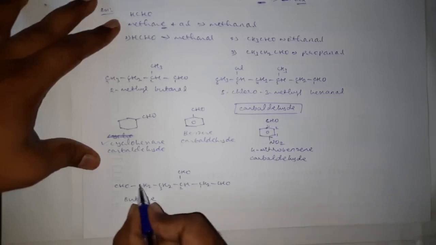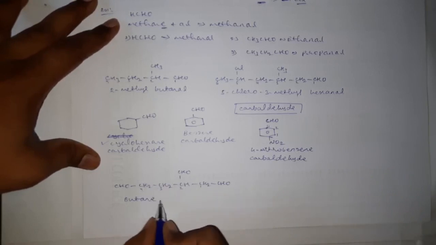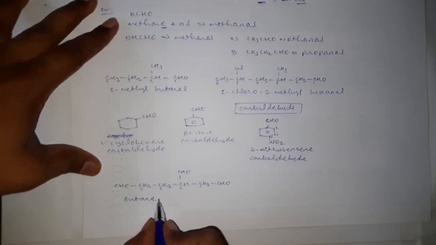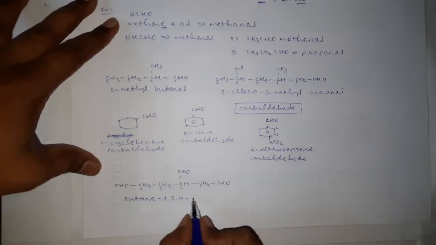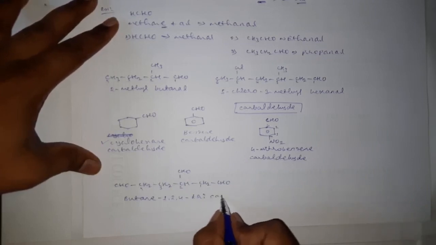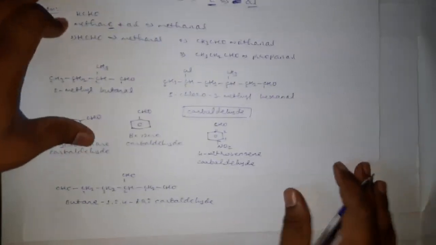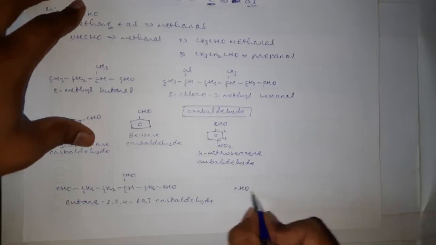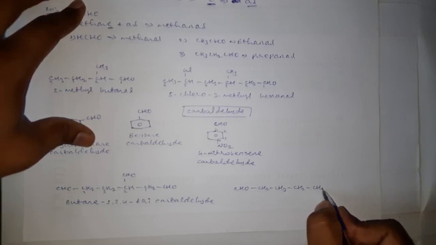butane. The parent carbon chain is containing 4 carbons, 1, 2, 3, 4. It is a butane, and here the E of the alkane is to be retained, and here on the first carbon, second carbon, and fourth carbon, 3 aldehyde groups are there. Therefore we have to use the multiplicative prefix tri by adding the word carbaldehyde.